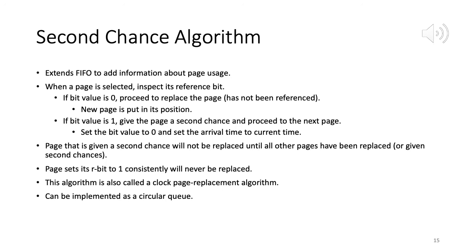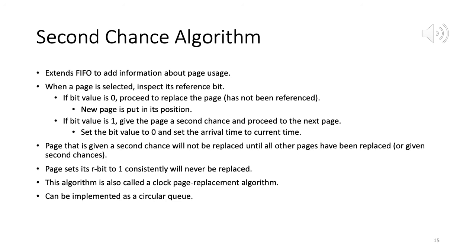So why are we doing this? The reason is that this will be implemented as a circular queue. As we keep moving, eventually we'll again reach this page, and in the time it takes to do one full walk through the circular queue, if it's a heavily used page, it has a good chance of being referenced again, and then its reference bit will again be set to 1. So again we set it to 0, again 1, again 0. Which means pages which are used heavily will not be evicted.